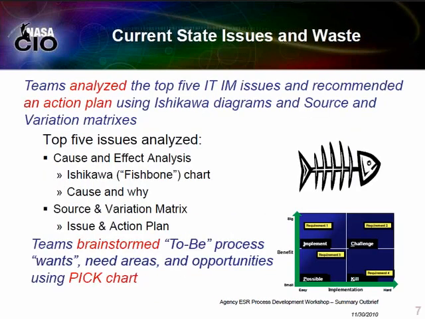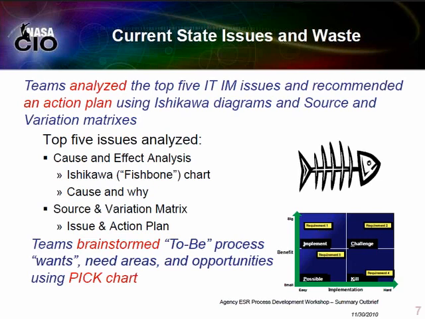So we used a Lean Six Sigma approach, if you will, for this workshop along with ITIL, and we used some of the tools out of Lean Six Sigma. In this particular case, we used the Ishikawa chart, which looks at the causes and whys for the top 5 issues that were identified, and that flowed directly into the source of variation matrix, which looked at the mitigation for each of those issues. Also, building up to the to-be future state, another Six Sigma tool was the PICK chart,